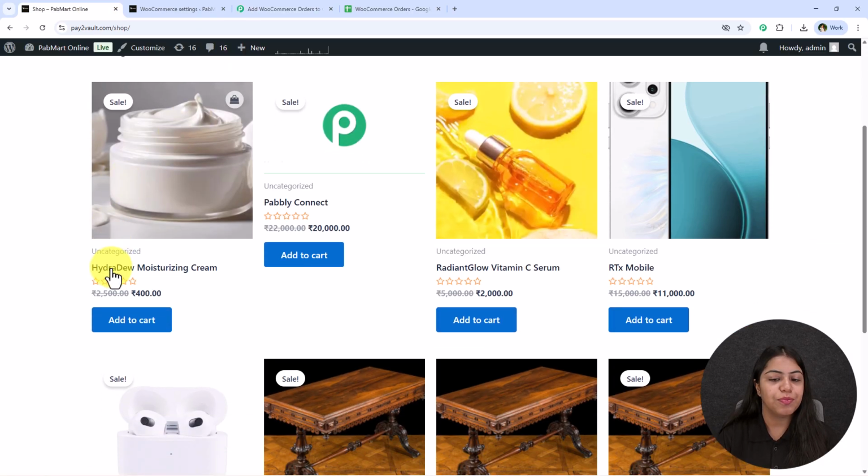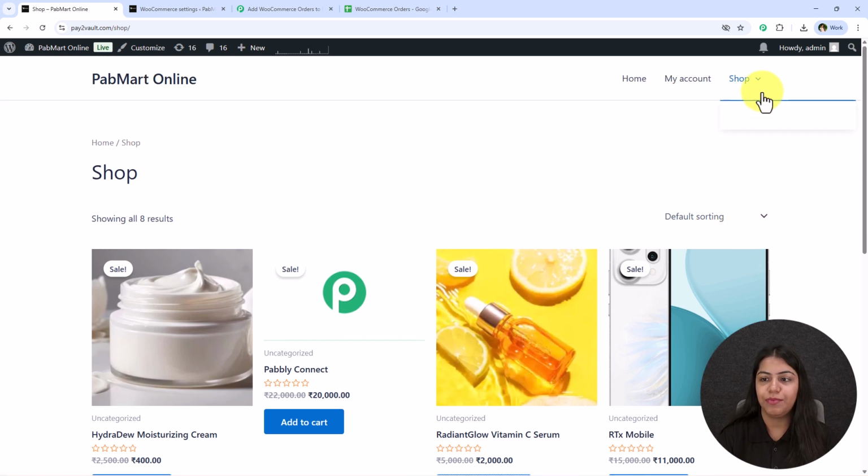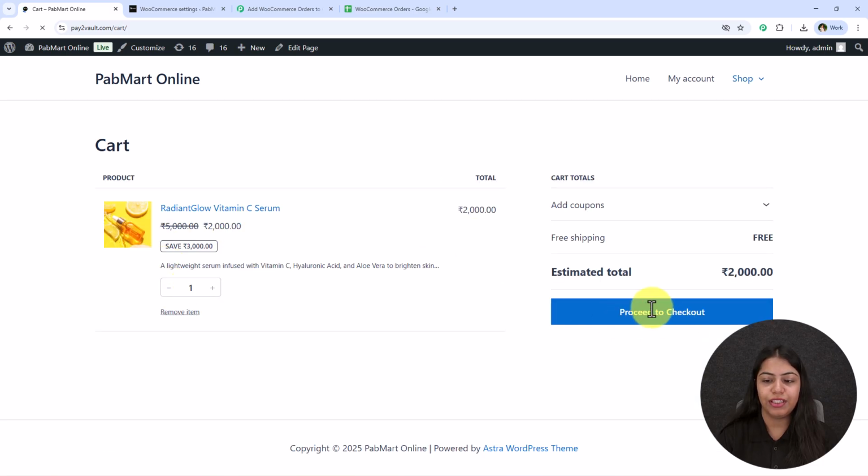So let's say I'm going to purchase this vitamin C serum. I'm going to click on this add to cart, then I'm just going to go towards my cart and I'm just going to purchase this serum by clicking on this proceed to checkout button. Alright, so I'm just going to purchase this product right over here as test user. So I'm just going to do the test submission and purchase this product so that we can capture the